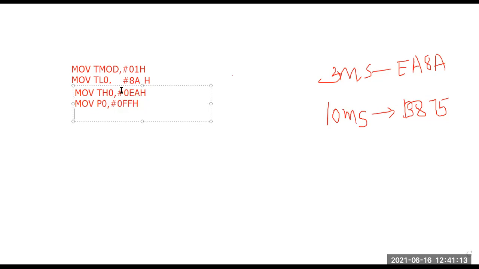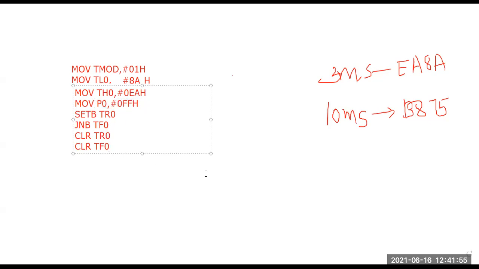Okay, now you have to write the delay program. What is the delay program? First you have to set the bit TR0 for timer 0, and then next you have to check with JNB, jump if no bit, TF0, right? This is the delay program. After checking JNB TF0, if TF0 equals 1, you have to clear TR0 and then clear TF0, right? That's all. This is the delay program for generating the 3 millisecond on period on P0.